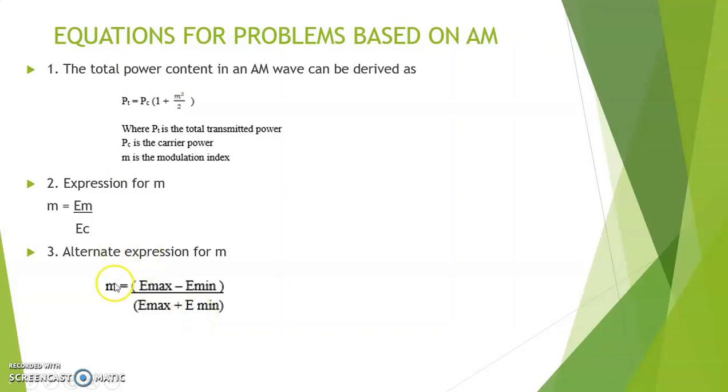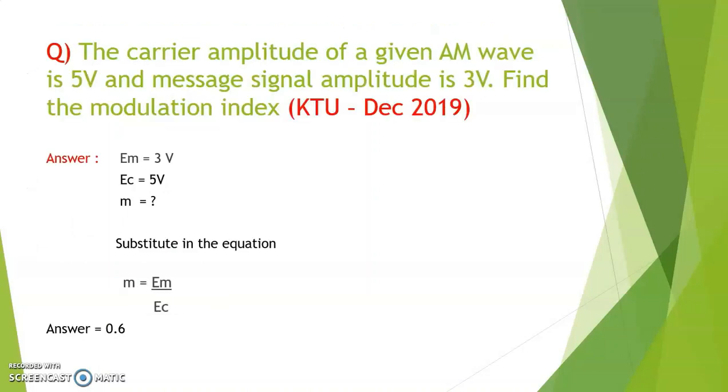Now, I'd like to add a few points related with M. M is actually the modulation index, which is sometimes expressed by percentage, which is called as depth of modulation. This value M is always a value that is equal to 1 or less than 1. If it is very less than 1, then it is called as under modulation, and if it is greater than 1, it is called as over modulation.